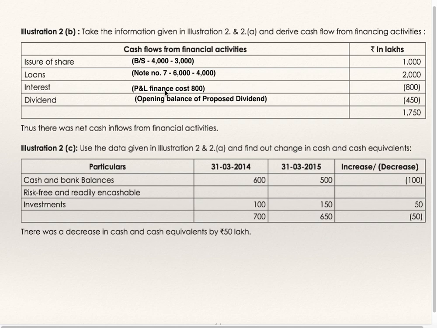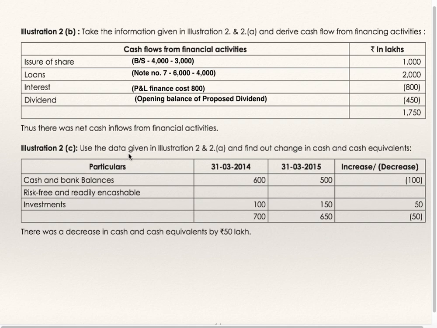Go to the profit and loss account, you will get interest. It is finance cost, payment of interest. So this is outflow written as negative in bracket. Dividend payment: opening balance of proposed dividend is to be considered as dividend paid during the year. So this is payment of dividend, opening proposed dividend minus 450. So cash flow from financing activity is 1750.